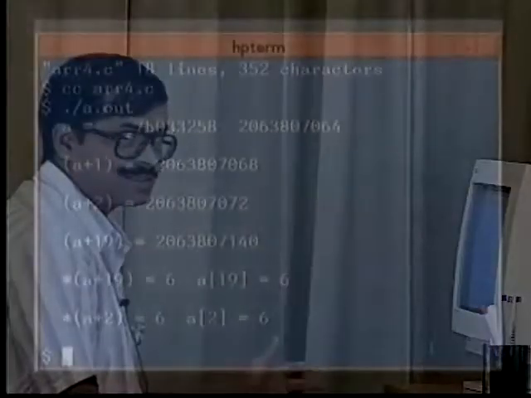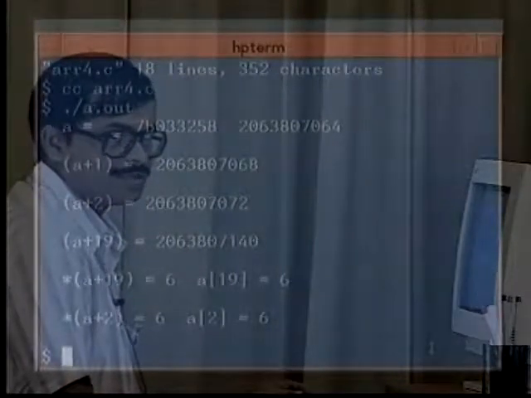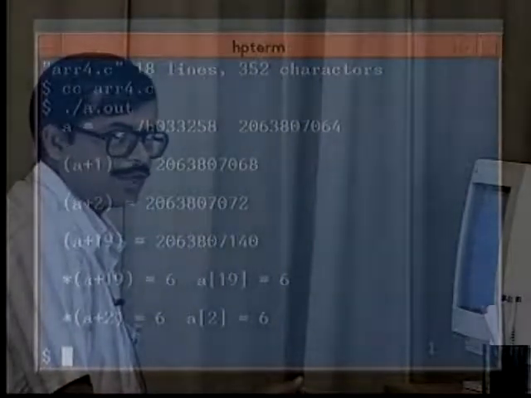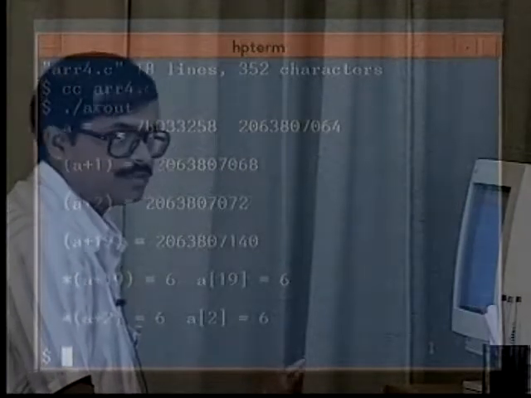It will access that location, and unless it is a location protected by the system, that is the location where the OS is, it will simply go and write it. This is not Pascal, which will check your value out of range and array out of range and all that. In C, nobody tells you what will happen.